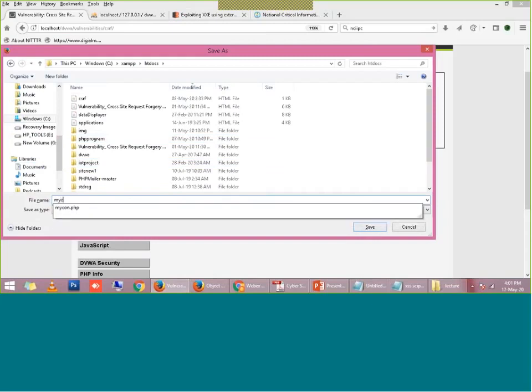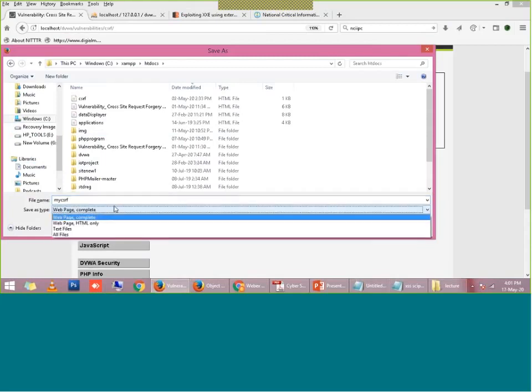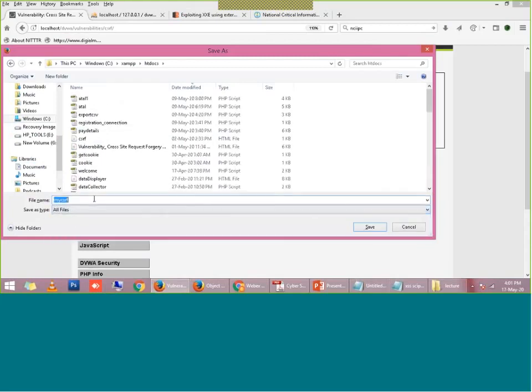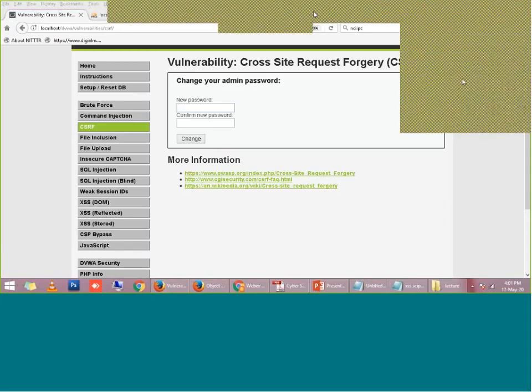My CSRF page, and I am going to save it as a PHP file. So I will save it, right? In my root directory, the file has been saved, right?